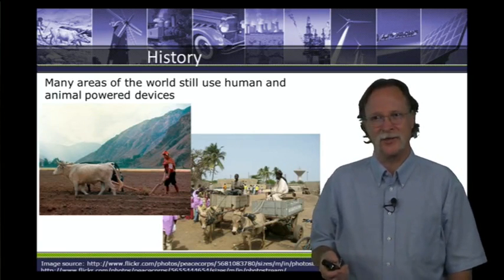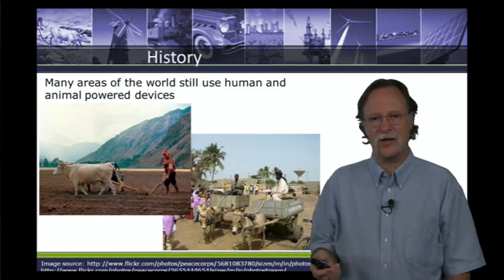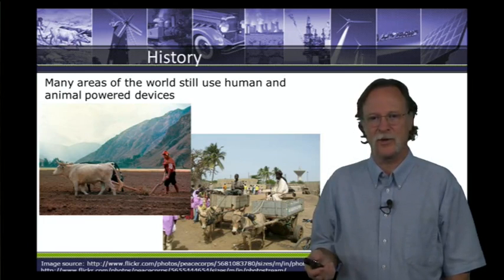Many areas of the world you can see, and some of us have come from these areas and have traveled to these areas, so we see this. There's a couple of cows pulling a single row plow. The person behind that looks like a pretty big field for those two cows and that one person. Next to it we have farm carts, donkey carts to bring merchandise to and from the farms, and again, animal-powered vehicles.